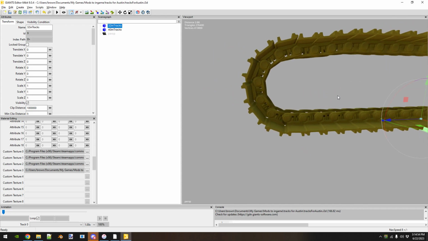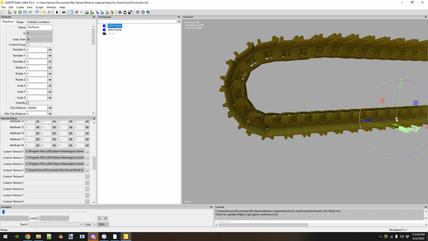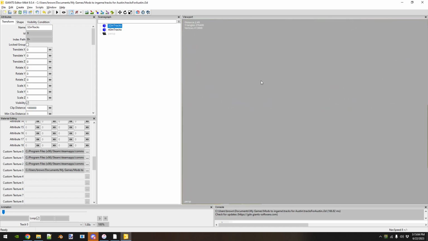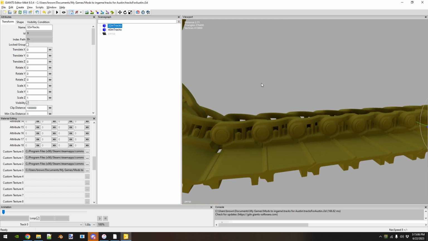See, once this node gets out of view, that's when it starts disappearing like that. So if you notice, it's gone far enough away. Okay,